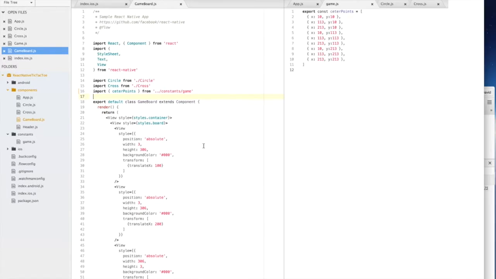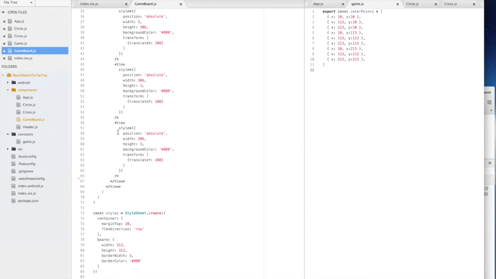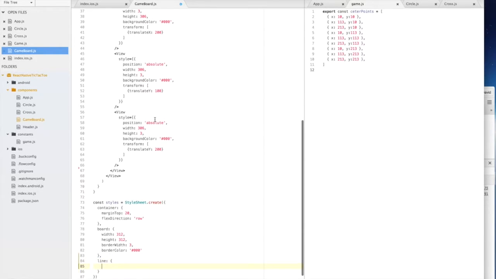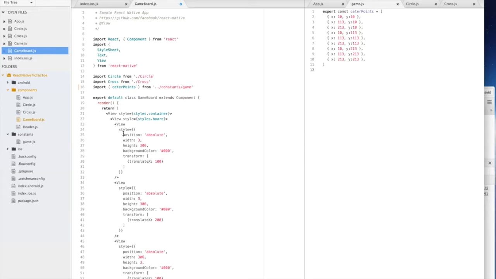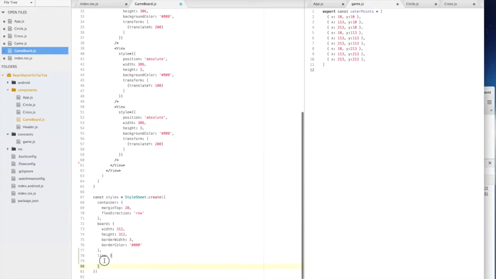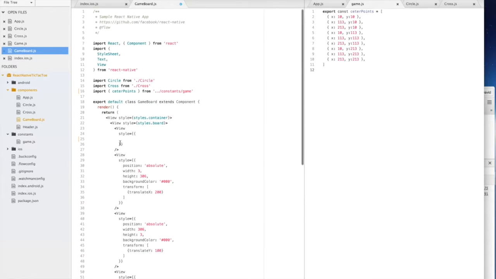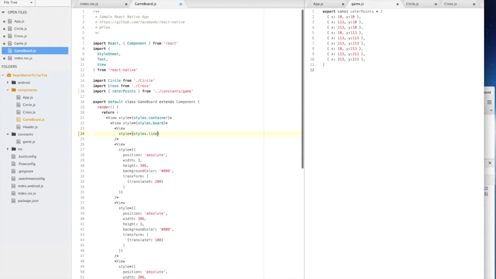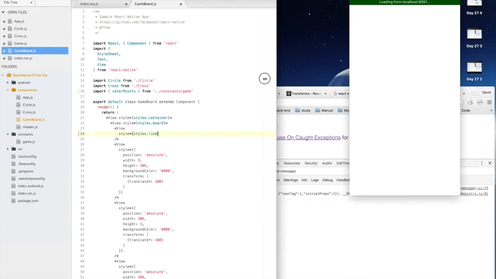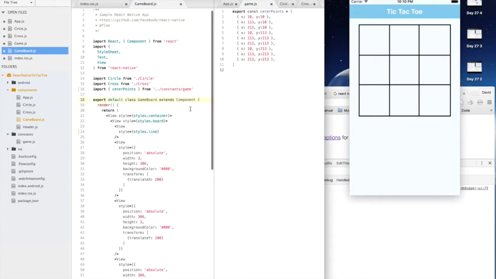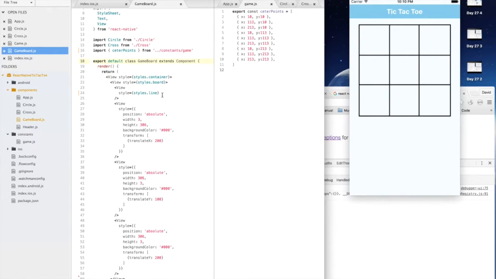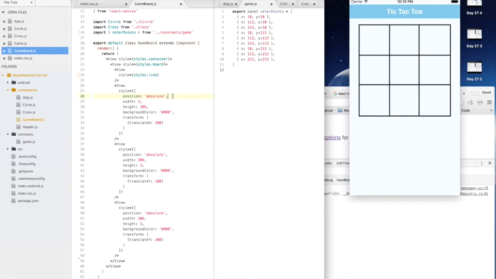So also for the style, let me create a new styling, call it line, and just copy and paste those styles to the line here, so I can use styles.line, right? It also works. So for the other components, the position,